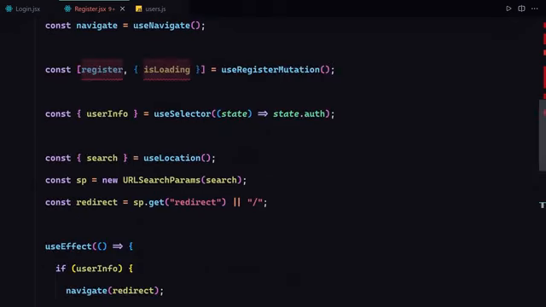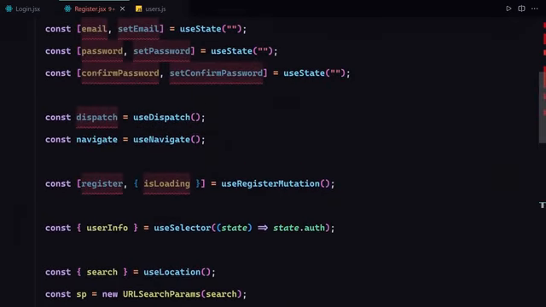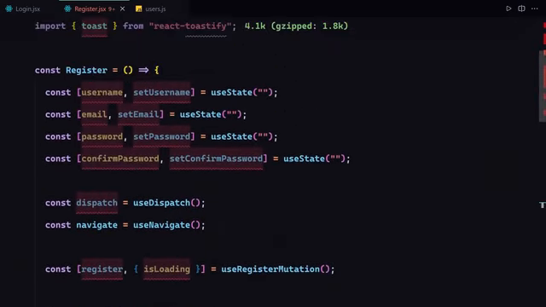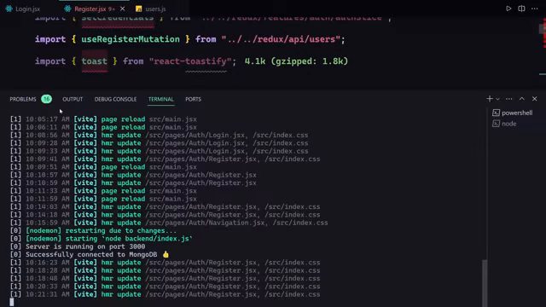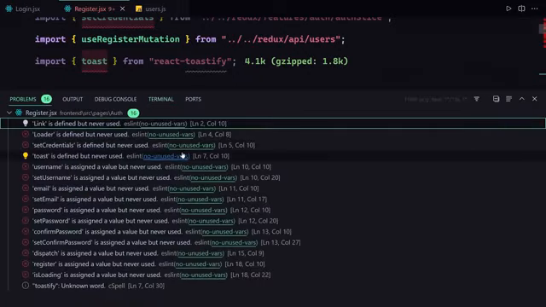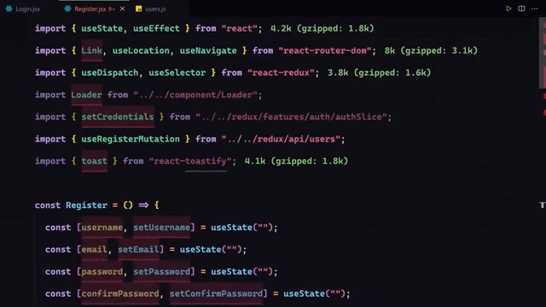So now let me save that, and let me refresh that right here, and we are not getting anything. I don't know why, but we are not getting anything at all. So we have a useDispatch, we have a setConfirmPassword, and nothing is happening. Let's see our errors, and we have 16 errors. Wow, that's a lot. You know what, I'm going to take care of that because they're just name conflicts. And let's refresh that. We're not seeing anything. Let me just go ahead